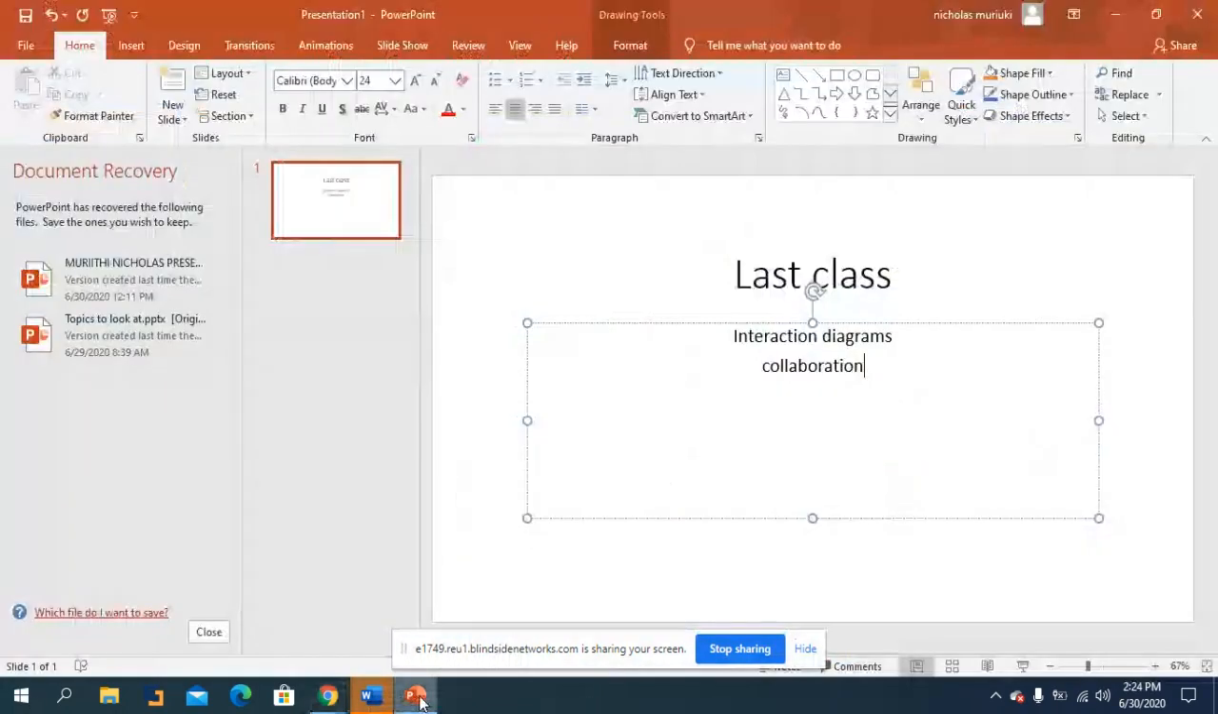So one of them is the collaboration diagram, and the next one was the sequence diagram. That is the last class that we had, and we came up with different diagrams. In this case, we need to understand how we can implement these two diagrams. And that's why we were supposed to understand,